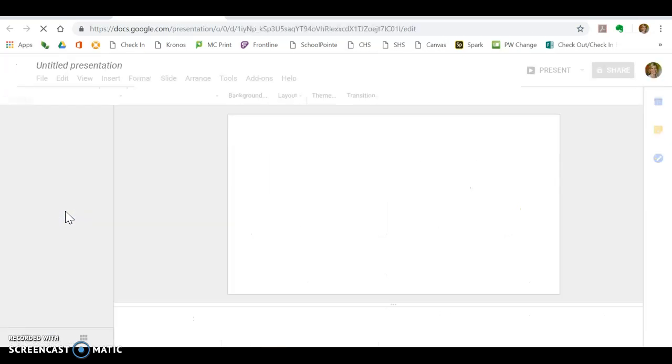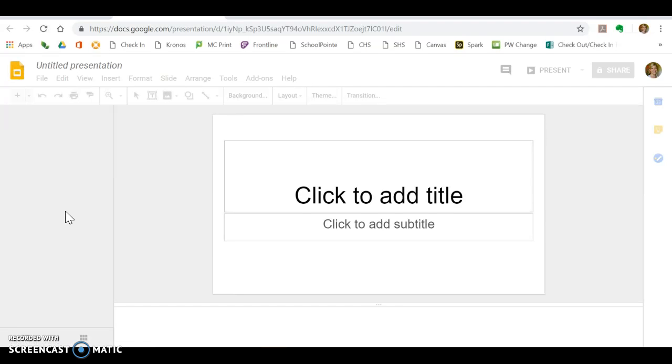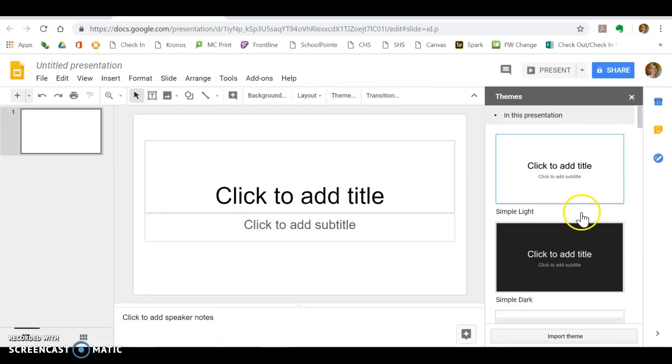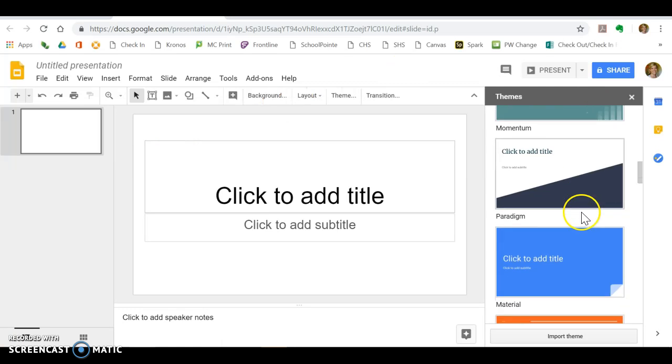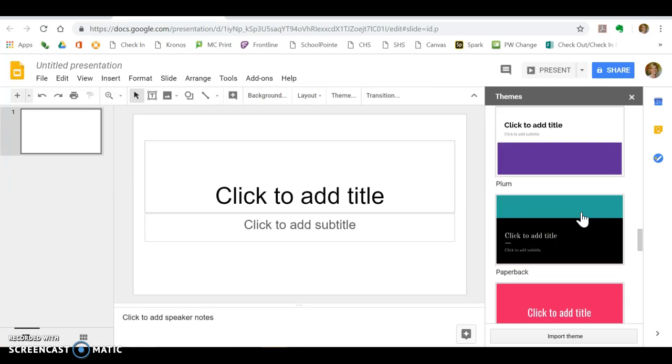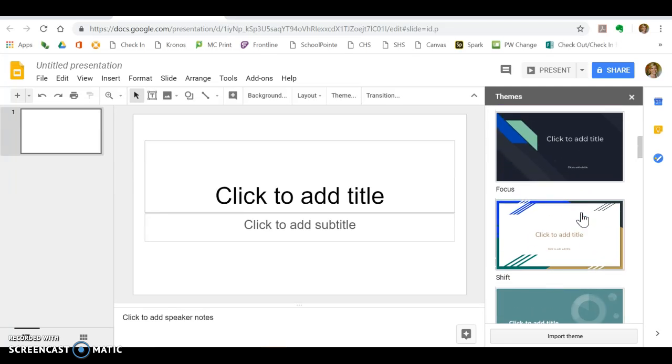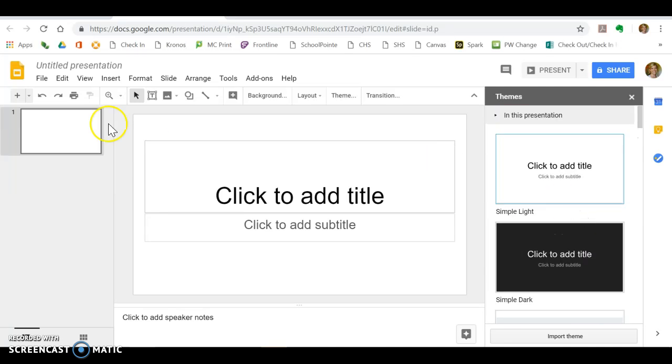Slides, like PowerPoint slides. This is just like PowerPoint. It has fewer options as far as themes and things go, and little bells and whistles. It doesn't really have all that stuff that PowerPoint would have, but I'll show you some things it can do. It basically does everything PowerPoint does, so I'm just going to leave it a plain